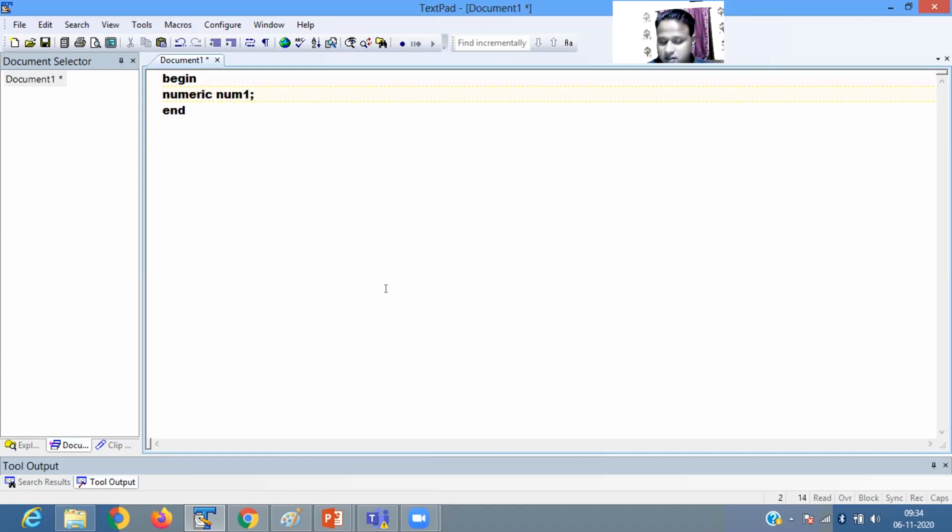This variable that we define here is called the local variable.